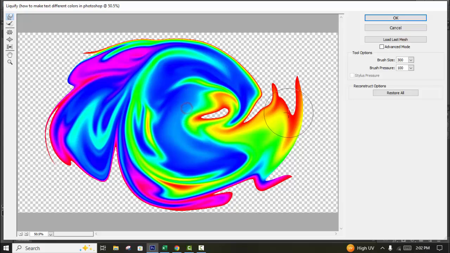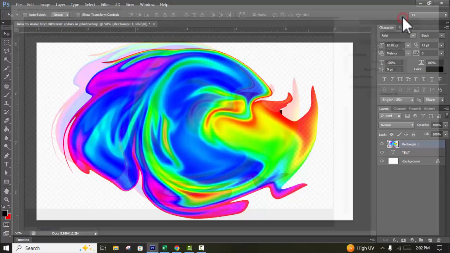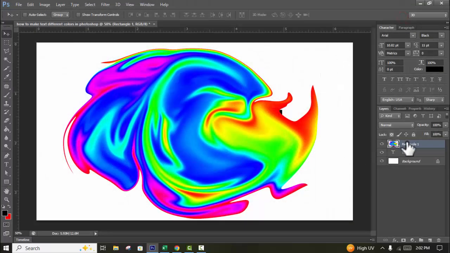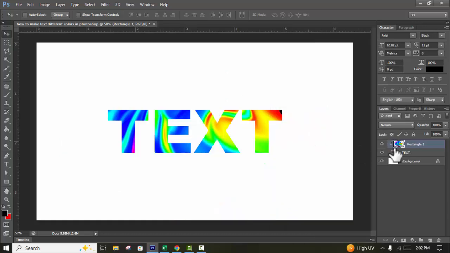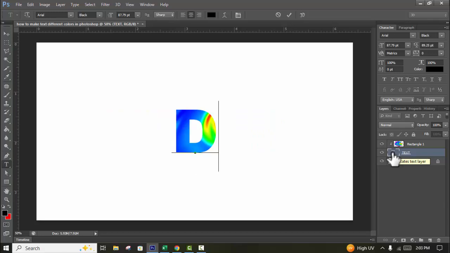Okay, and click OK. Then right click, create a clipping mask and select the text, type anything,